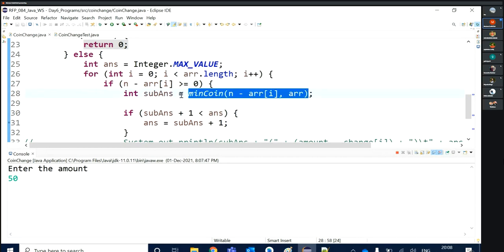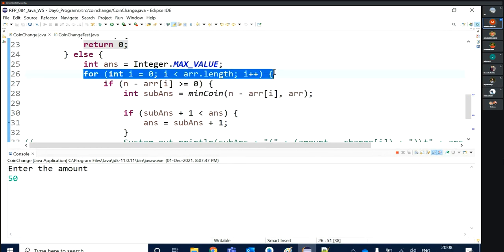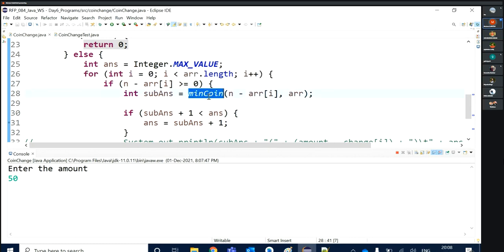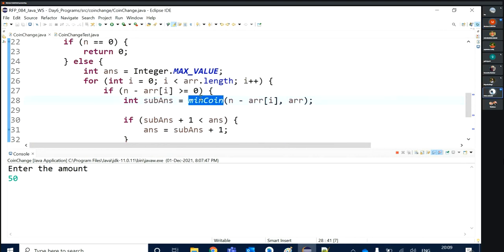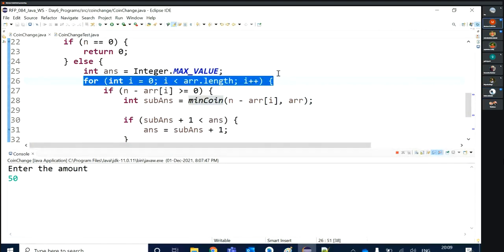So even inside that recursion function, this for loop will work. Am I clear to everyone? Yes, sir. Because I'm calling the same function here, inside that function also the same for loop will be there, and again it will check for all the denominations.